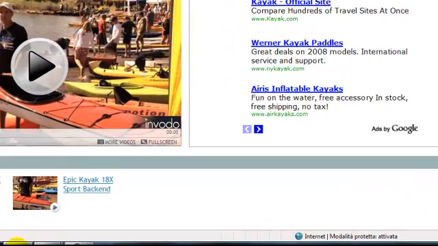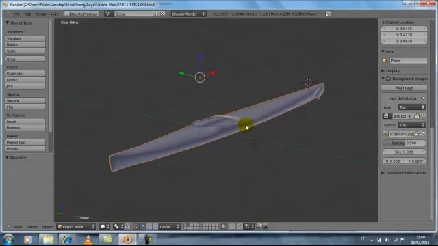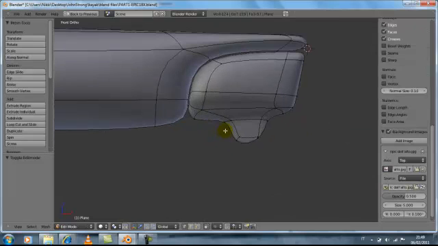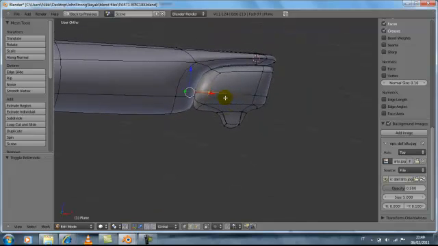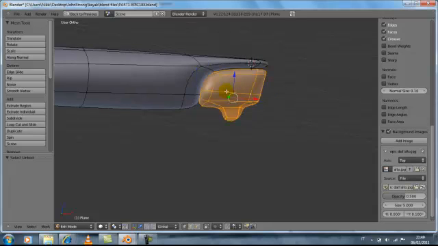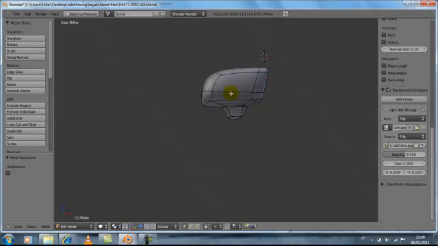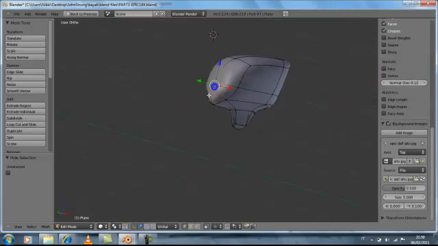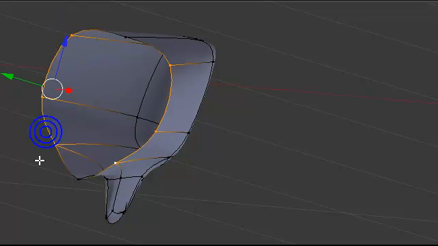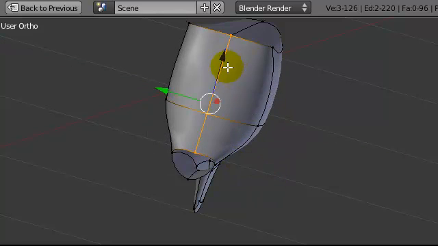Okay, but coming back to the model. What we do now is improve our modeling. We came from the rudder. Hit L on the keyboard. Doesn't work. Oops. Okay, hit L. Control I to invert selection. Hit H, and now we delete these vertices because we don't like them. Delete these vertices. Select this and extrude along the y-axis to join, thanks to clipping,